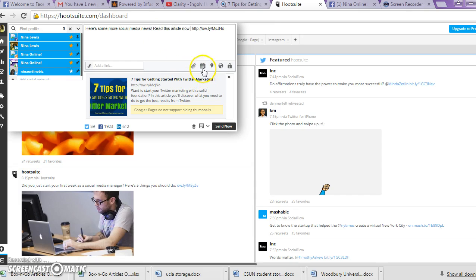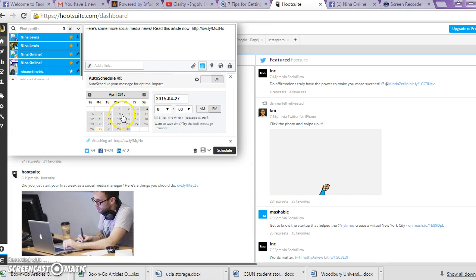So we're going to go ahead and do that, and we're going to schedule it using the calendar. It's going to give you the date. You see how it's highlighted on the 27th because today is the 27th, but we don't want it on the 27th, so we want to click on the 28th. The 28th is going to get a darker gray. You can't really see how dark it gets, but you can see that it gets a little darker, but you'll know right here that the 28th is the right schedule time.